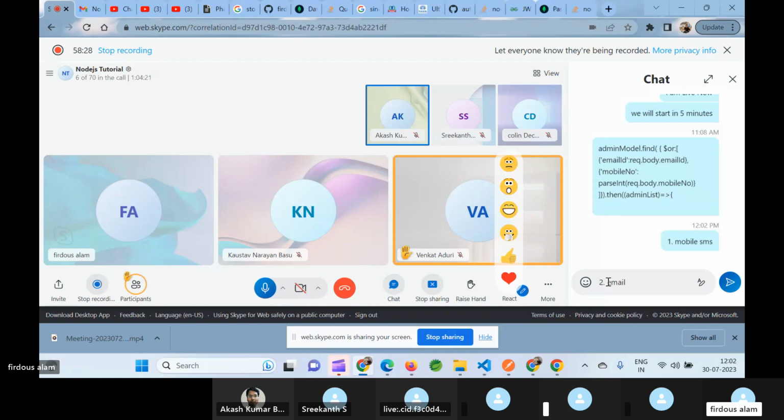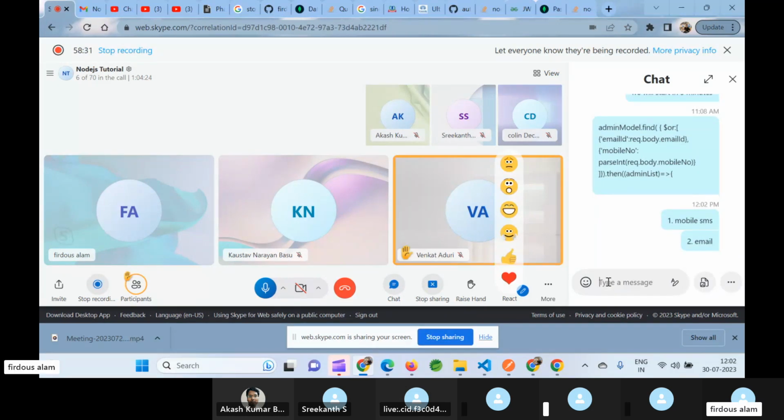As a developer, first we will think about how we can integrate a mobile SMS service, and how we can send email from our application. Fine, that's the first step. Very good. Second step,